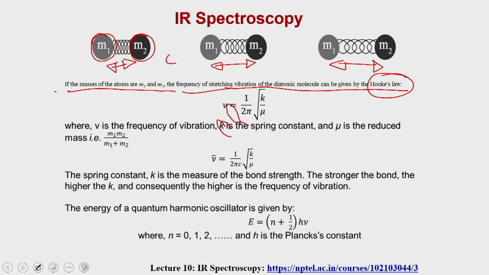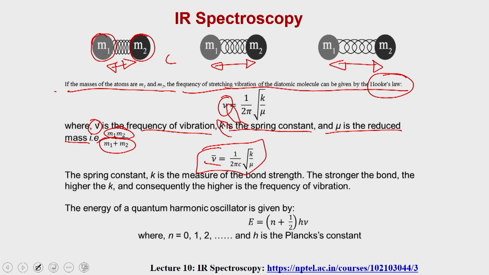So, the vibrational frequency would be ν = 1/2π √(k/μ), where ν is the frequency of the vibration, k is the spring constant, and μ is the reduced mass that can be calculated by m1 m2 divided by m1 plus m2. If you divide this whole number by the lambda, and if you simplify,